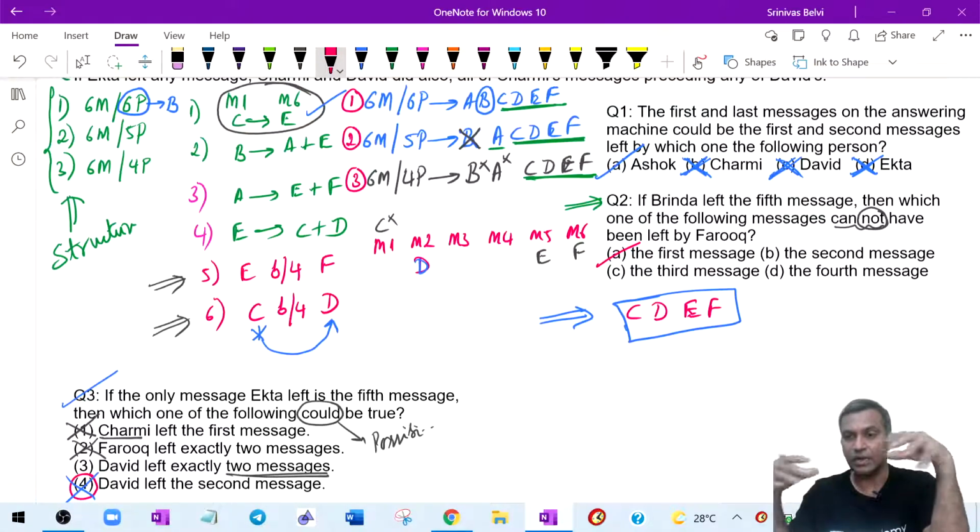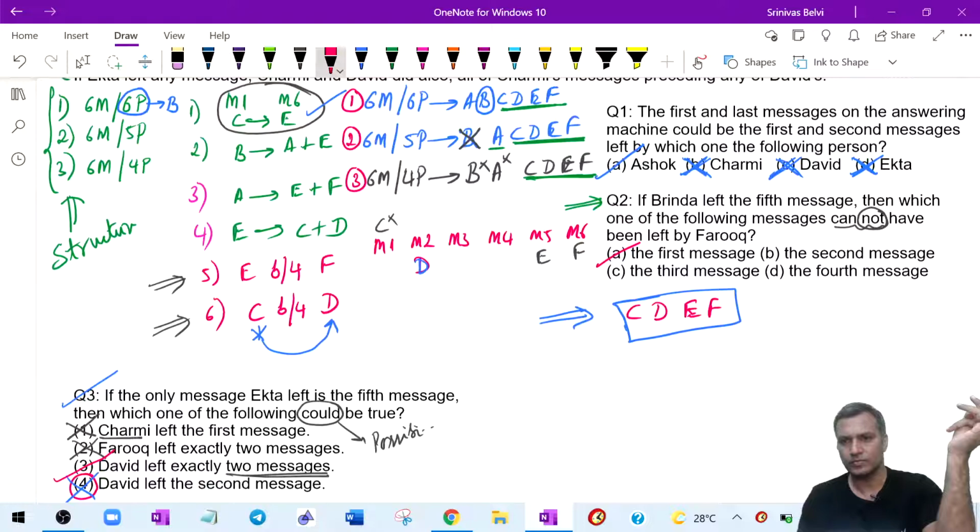See, look, sometimes despite having understood the puzzle, we end up picking the wrong options. Is this clear to all of you? Third one is the right option. Should I explain again, or did you understand? Everybody understood this? Hanan, did you understand this question? It appears pretty critical. Clear? Be clear about the possibilities.